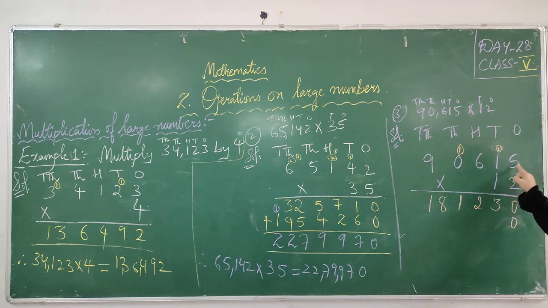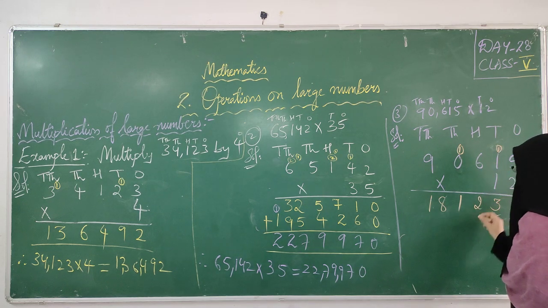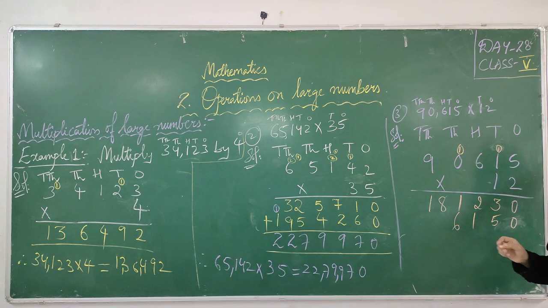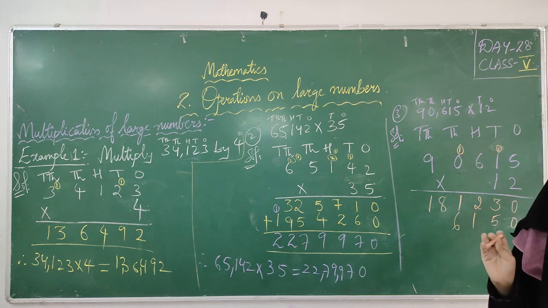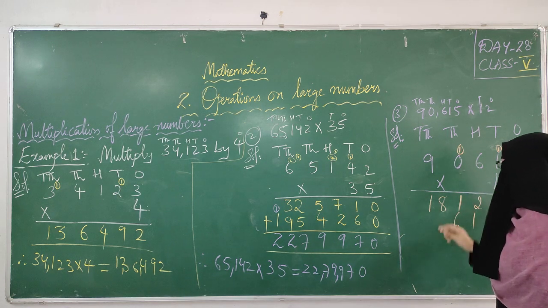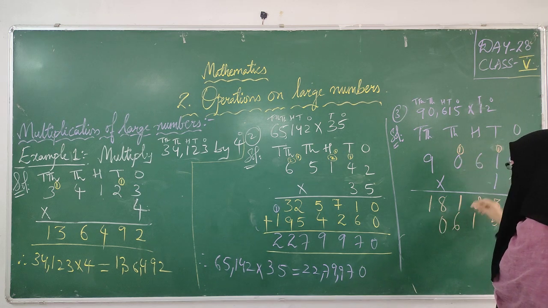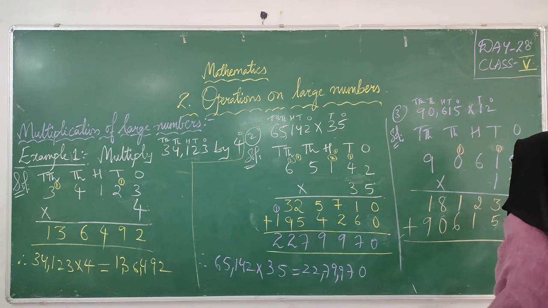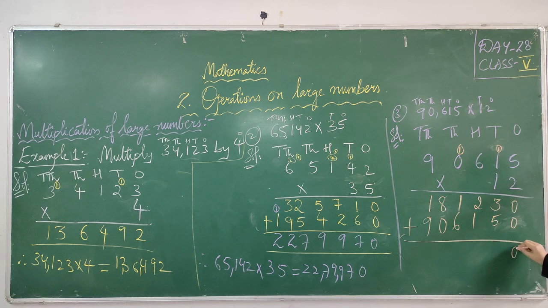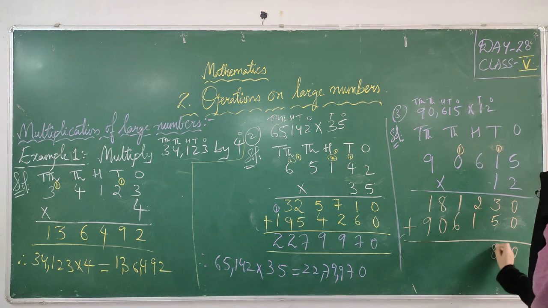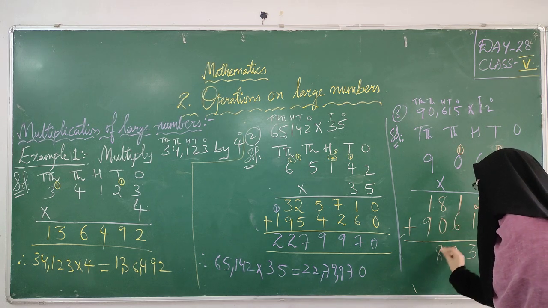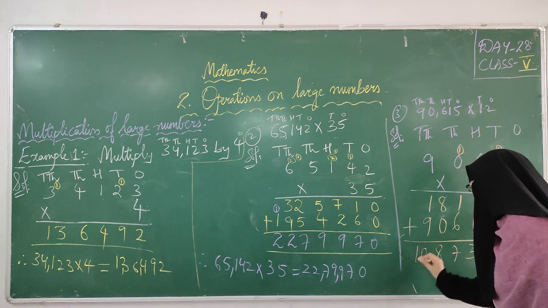Okay. 1 5s are 5, 1 1s are 1, 1 6s are 6, 1 zeros are 0. 1 zeros are 0 because if you are multiplying any digit with 0, you will get 0 only. Don't see this carry. This carry belongs to 2, right? 1 9s are 9. Do addition. Okay, 0 plus 0, 0. 3 plus 5, 8. 2 plus 1, 3. 6 plus 1, 7. 8 plus 0, 8. 9 plus 1, 10.